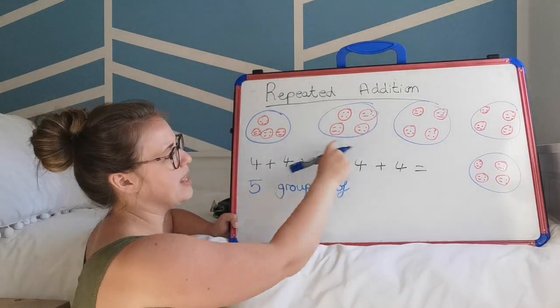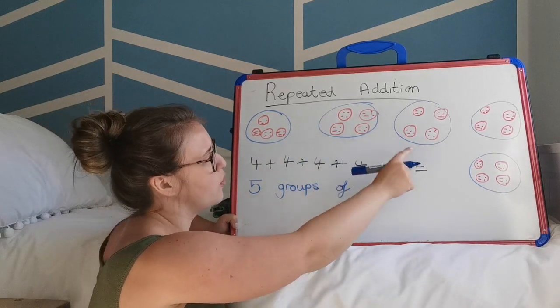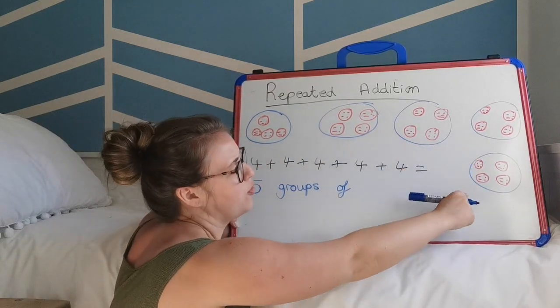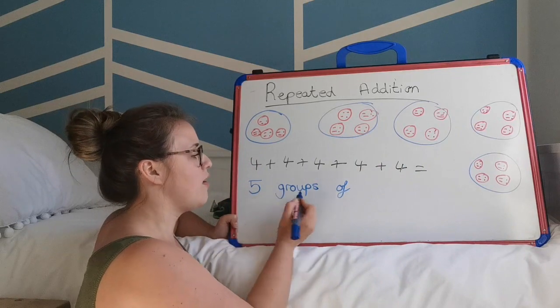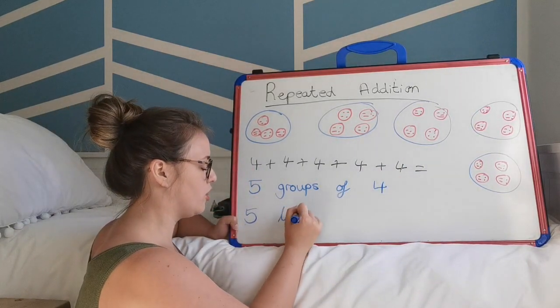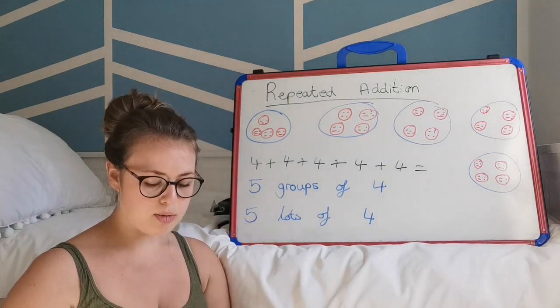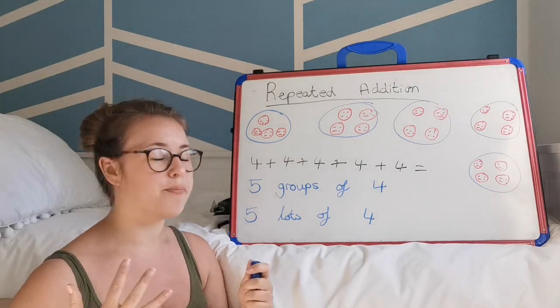Of, and then how many groups have I got? I've got one group of 4, that's a group of 4, that's a group of 4, that's a group of 4, and that's a group of 4. So it's 5 groups of 4, or 5 lots of 4. So that's how we would transition into